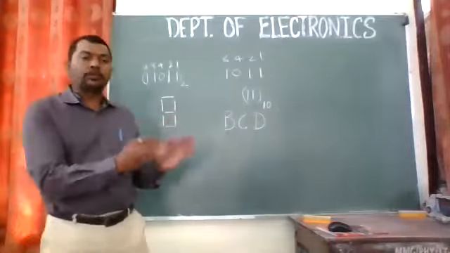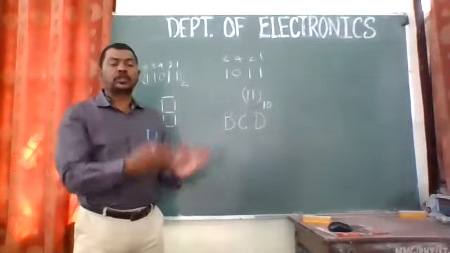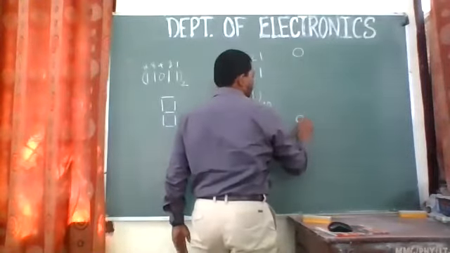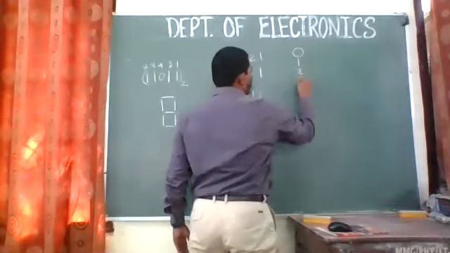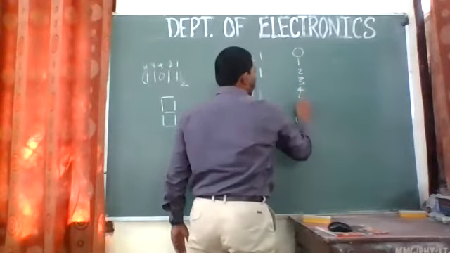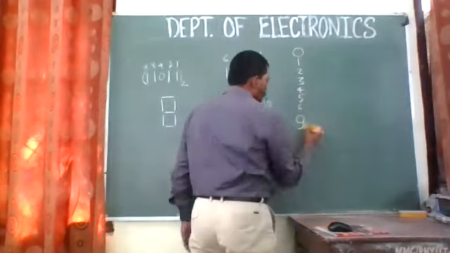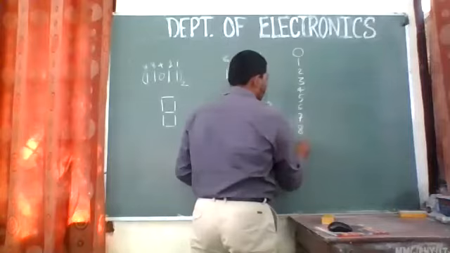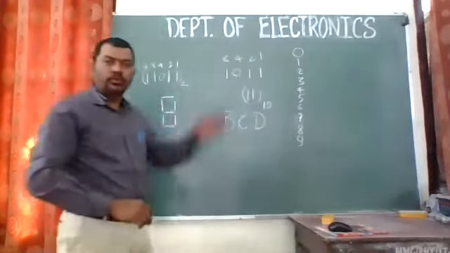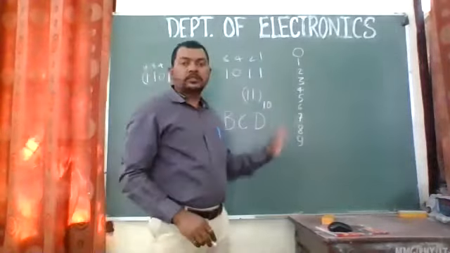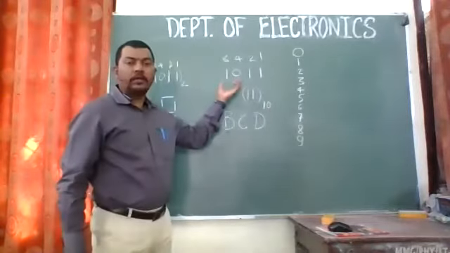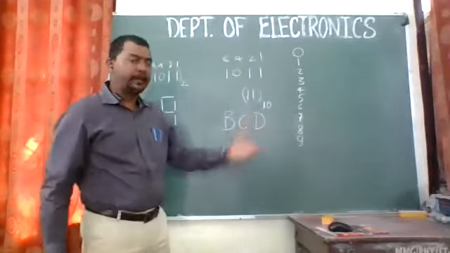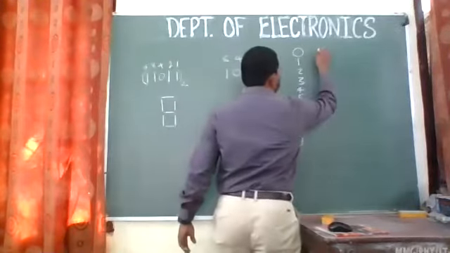So binary coded decimal means the numbers which land between 0 up to 9, right? So 0, 1, 2, 3, 4, 5, 6, and so on. We go up to 7, 8, and 9. We don't go beyond this. So these 10 symbols are being coded in this format of 4 bits. So we'll have those equivalent numbers and we will call it a BCD code.